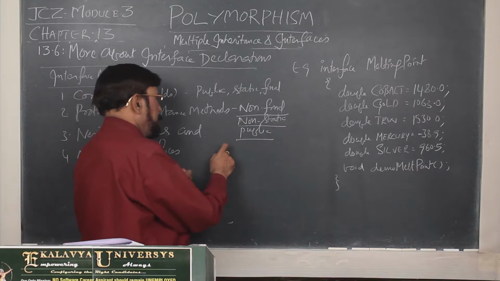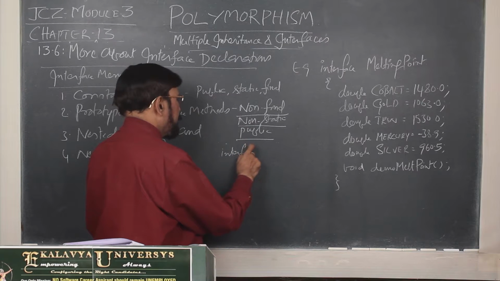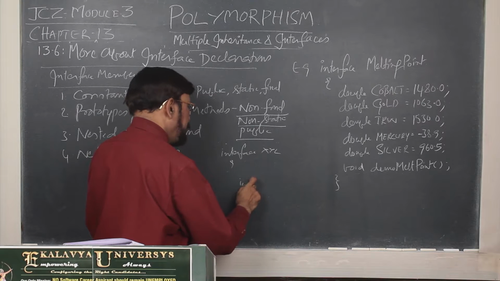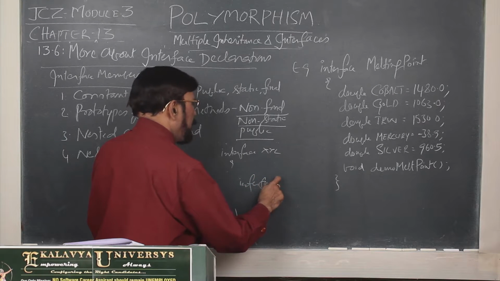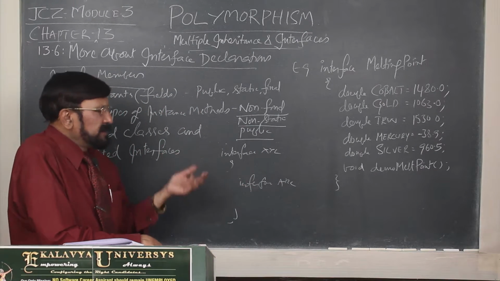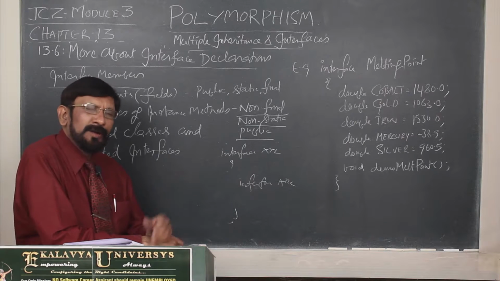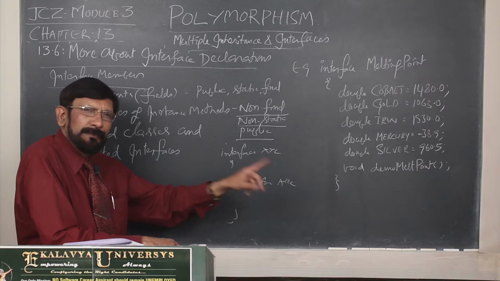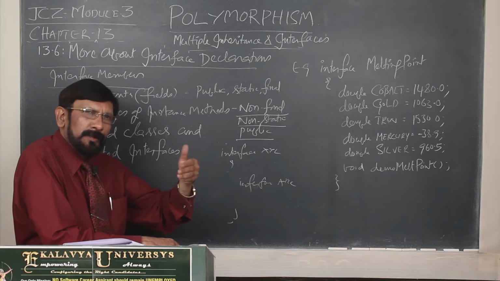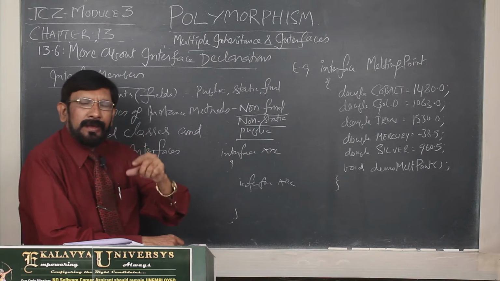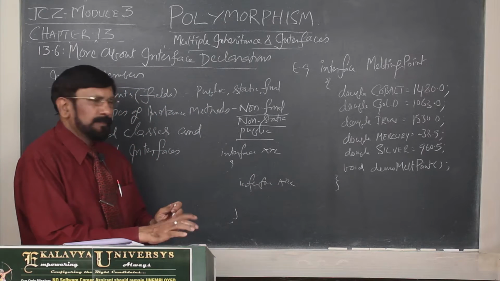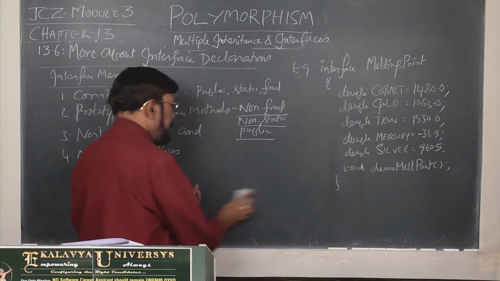In the same manner, within an interface, you can define another interface like this. This is possible. Why this is required, practically you have to understand. Theoretically, it is not possible to understand. However, in the next chapter, I will explain why we have to declare a class as a member in another class. The same logic, same analogy is applicable to interface also. This you have to practically understand.